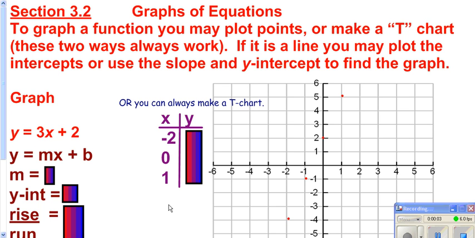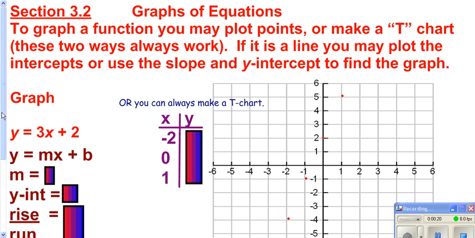We're going to go ahead and take a look at graphing functions. Now, some functions are pretty easy to graph off the top of your head. Here we just have a line. Other functions are a little bit more challenging. You may not know exactly what they look like, and therefore you can always make yourself a t-chart or an